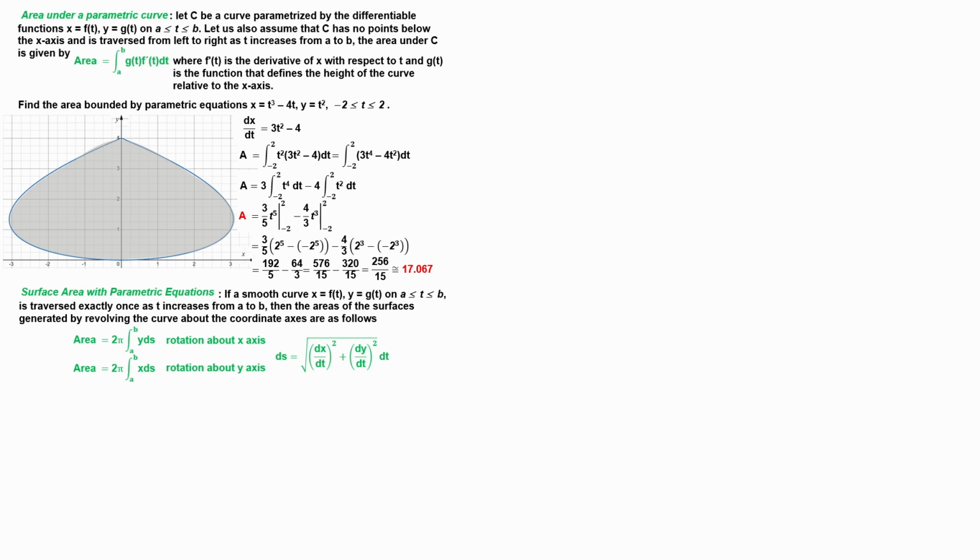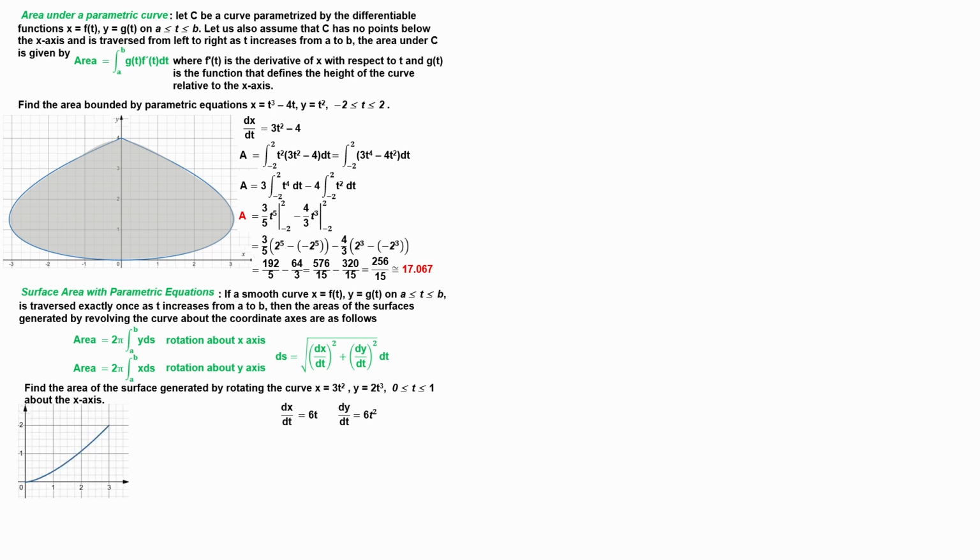Let us see how it works. Find the area of the surface generated by rotating the curve about the x-axis. Find the derivatives dx/dt and dy/dt. Next, find the differential element of the arc length ds. Substituting this into the surface area formula, we obtain